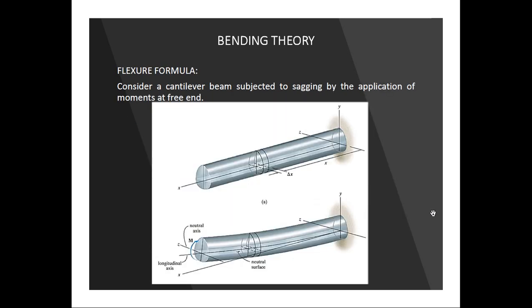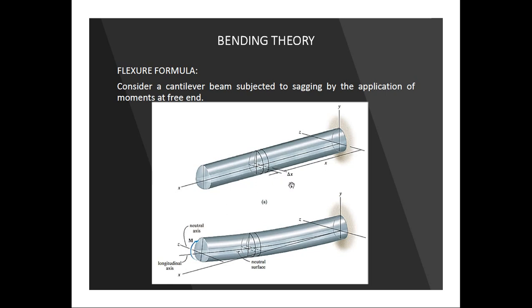Then what is the flexure formula? Basically, the flexure formula is a relationship between the moment that is developed inside the beam due to external loadings and the stress that is applied at a particular section. We will calculate the relationship between the two, and how it varies across the cross section. The bending stress, the stress caused due to bending at a cross section, is not uniform over the entire cross section. It will vary. So we have to develop one relationship between M and bending stress.